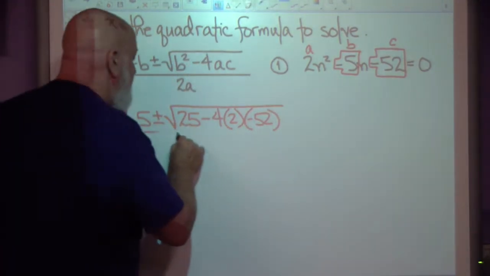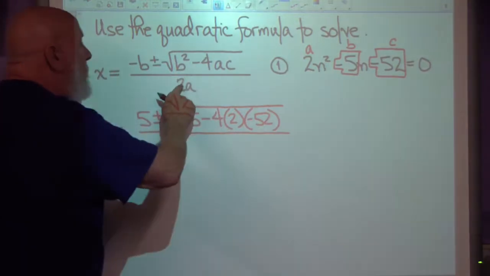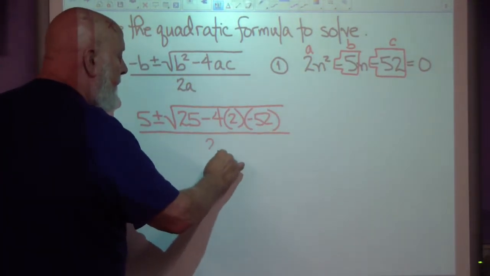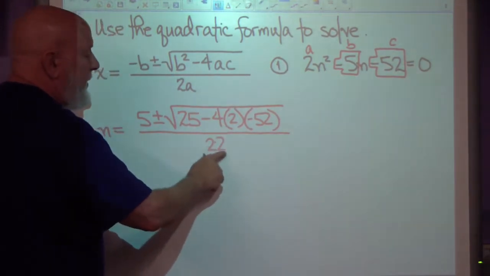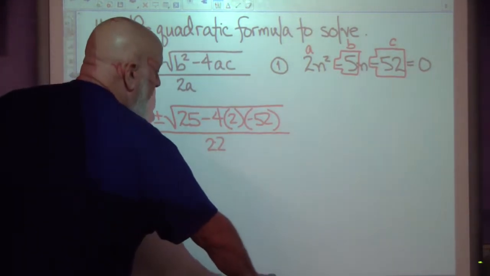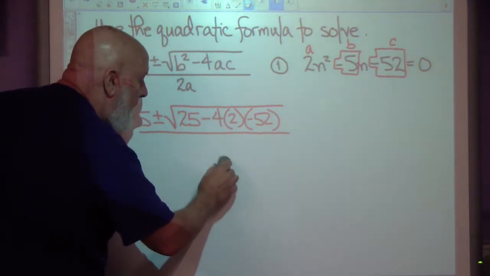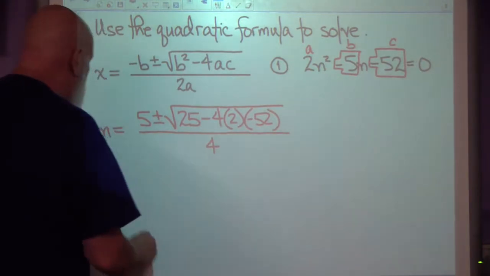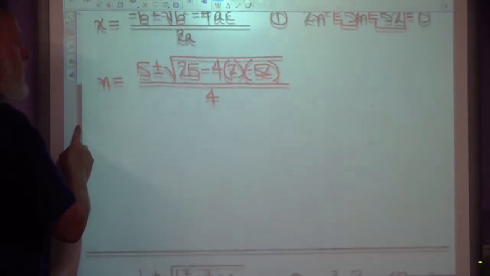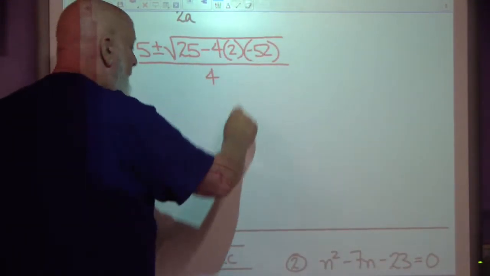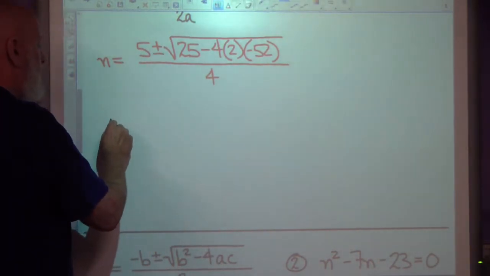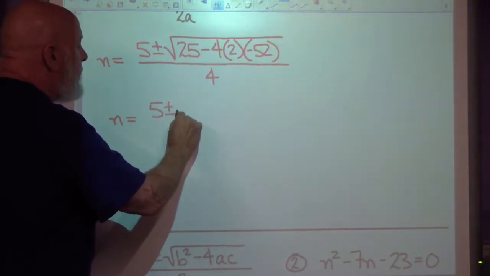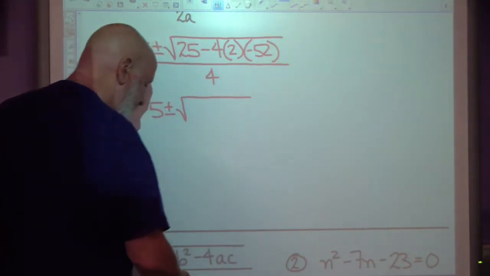And all of this is over 2a. 2 times a is 2 times 2. 2 times 2 is 4. I'll go ahead and call it 4. Okay, so here we go. We're going to try to do this arithmetic under the radical first. It is equal to 5 plus or minus the square root of,